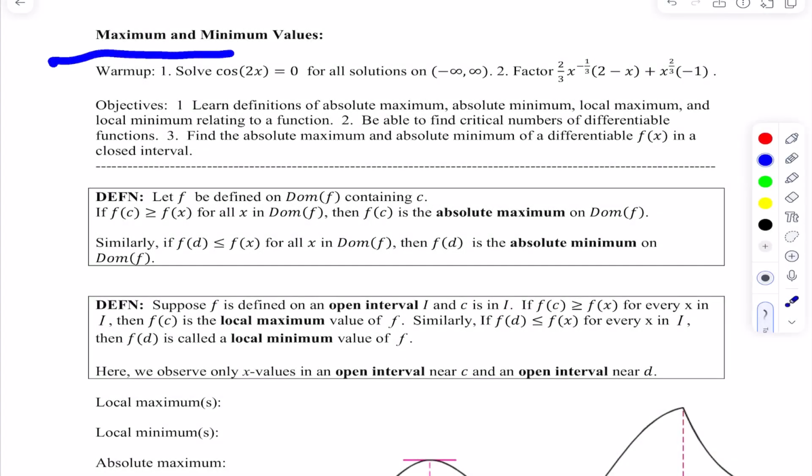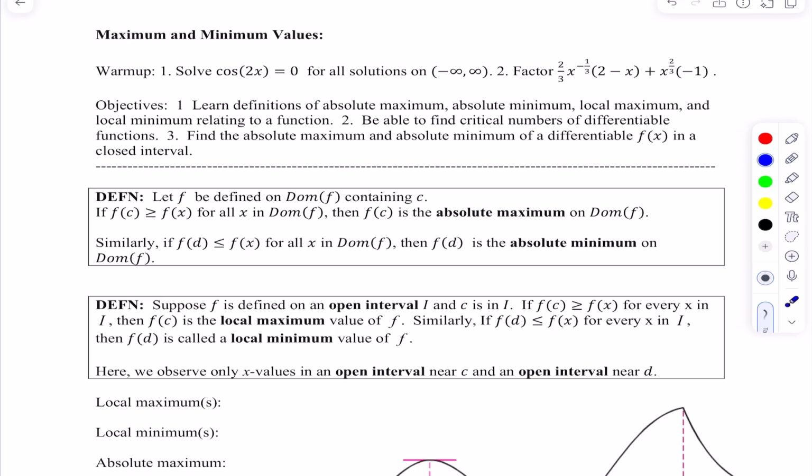Let's investigate the maximum and minimum values of a function. These are always worth investigating because in some ways they indicate turning points of a function, and it's a turning point of a model. There are different kinds of turning points, but certainly locating maximum and minimum values is one of them. Here's a couple of warm-up problems that you can do to help you improve your study of